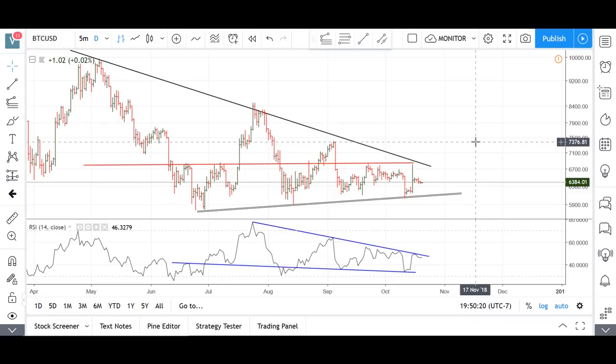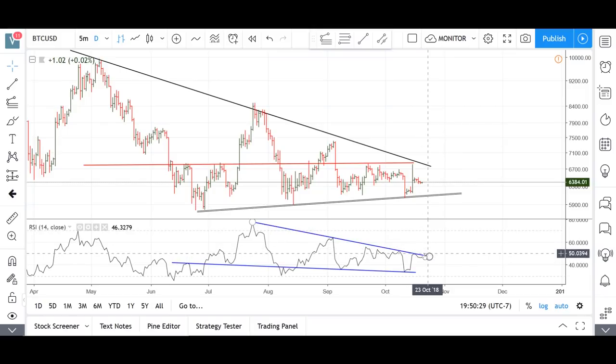So as a first indication of a potential breakout on the daily chart, this is the daily chart, a break above the 50 level, I would say 50 to 51 level, would give you some indication that there is potentially a short-term move at play. Now, basically, if you want to use RSI effectively, you've got to use it in conjunction